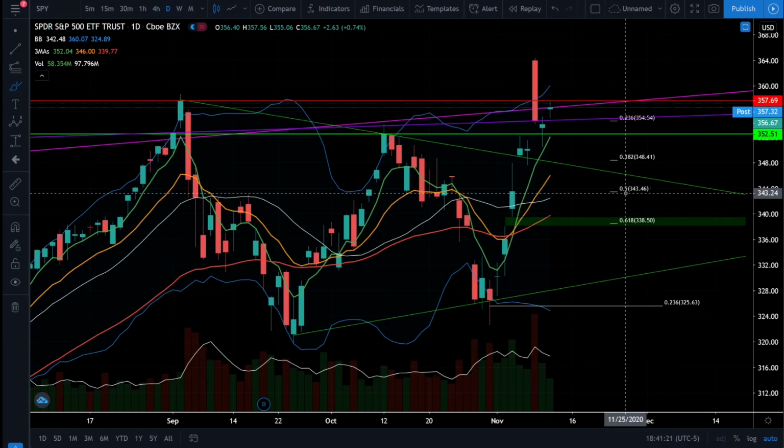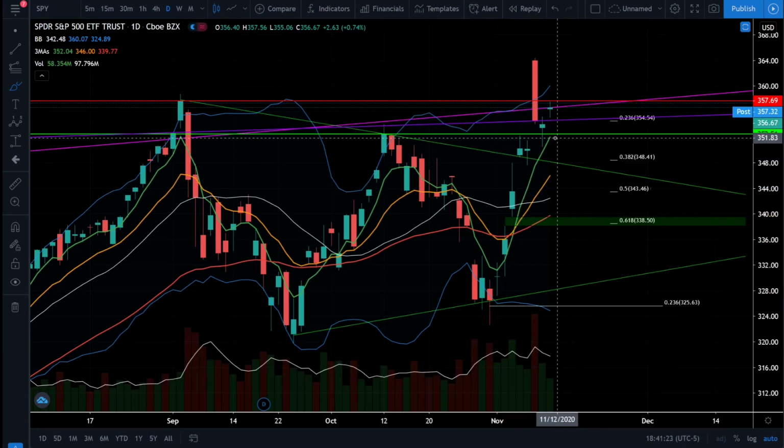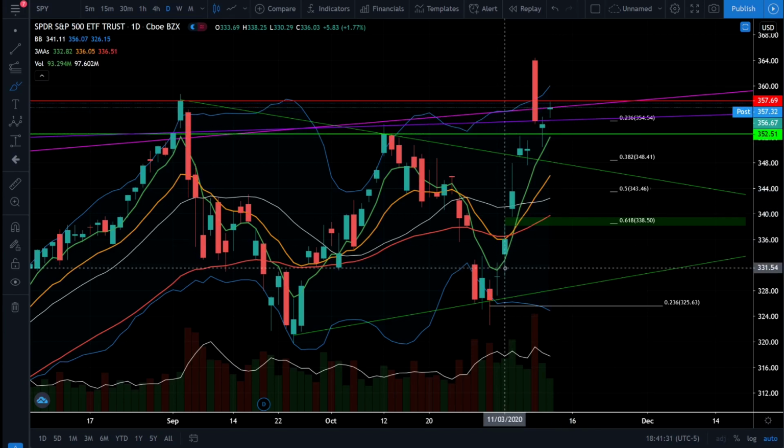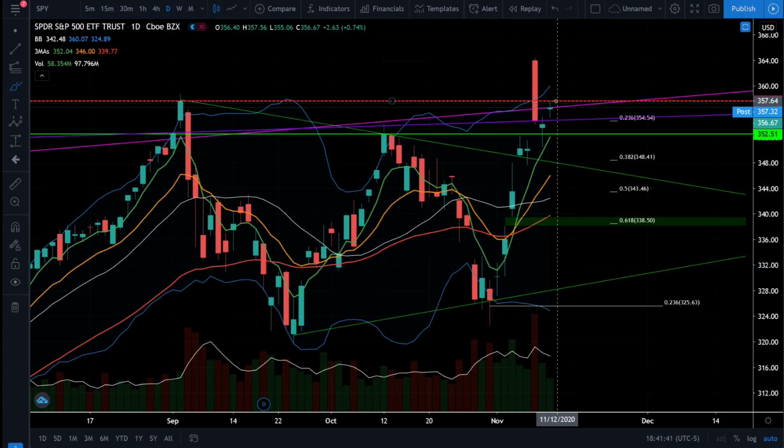So let's jump over to our SPY ETF, and we can see that the price action and the trend are still extremely bullish, and there's still price action well above the 5 EMA. We've gone very far very quickly, and we can see that the 5 EMA is still basically going up in a straight line. So we're getting into these very strong resistance levels, and it's very likely that we need to pull back and test support before going any higher.